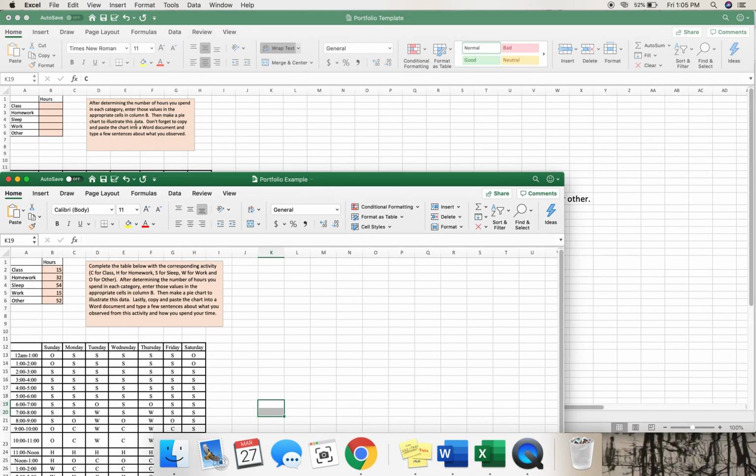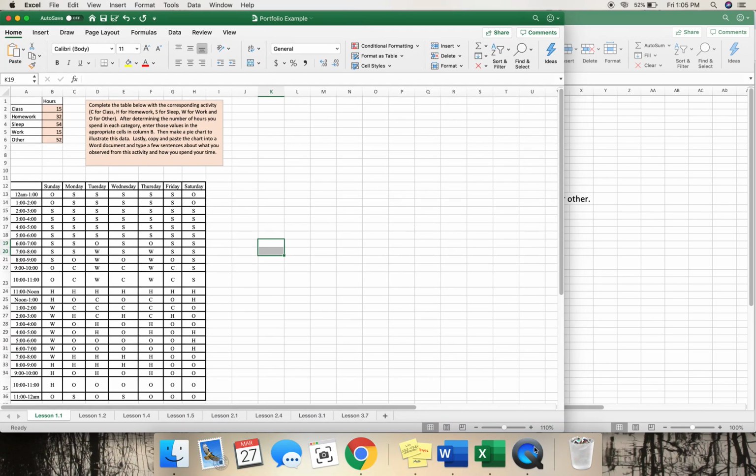So it says after determining the number of hours you spend in each category, then enter those values into the appropriate B column, which we did right here. Then make a pie chart to illustrate the data. Copy and paste the pie chart into a Word document and then type a few sentences. All right, so